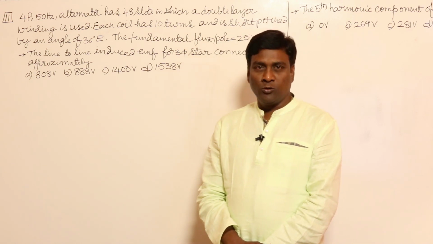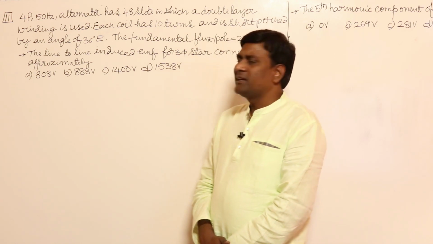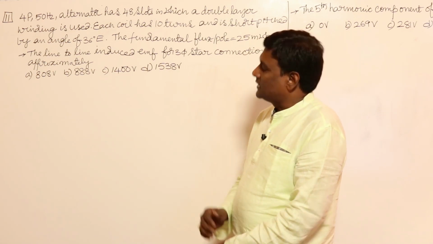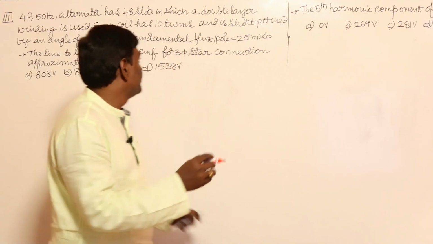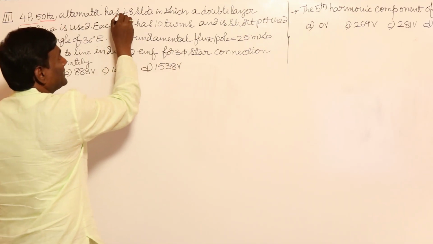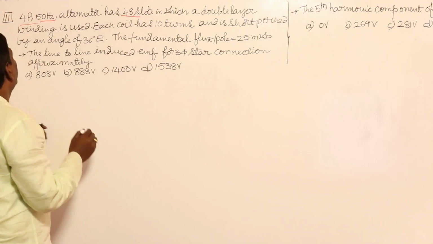In this session, let us take one more problem. Okay, we'll get the given problem only. This is a common data question. A 4-pole 50 Hz alternator has 48 slots in which a double layer winding